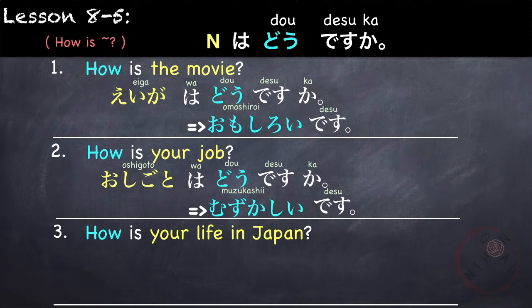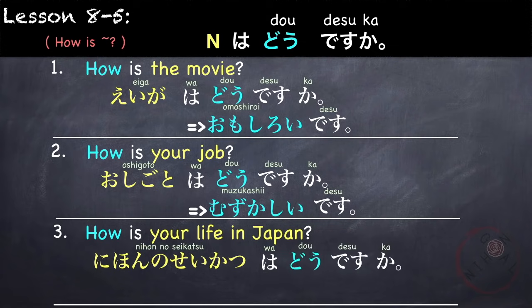How is your life in Japan? Your life in Japan is 日本の生活, Japan の life or living. 日本の生活はどうですか? If you want to say it's fun or it's enjoyable, 楽しいです。